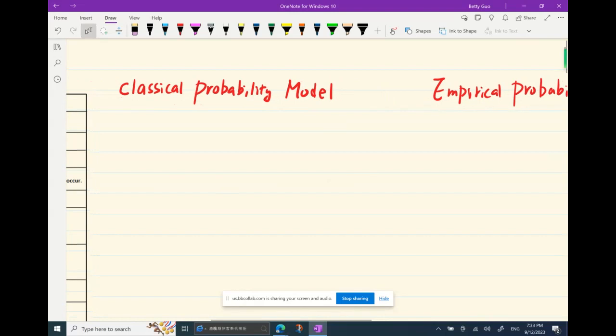Okay, so let's start from the definition of a classical probability. Let's see how we identify if a model is classical. So let's start from procedure. Procedure is a process that gives us some results. Before we apply the procedure, we know all the possible results, but we are not sure which result exactly will occur. For example,